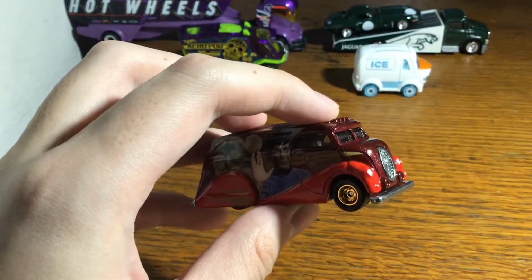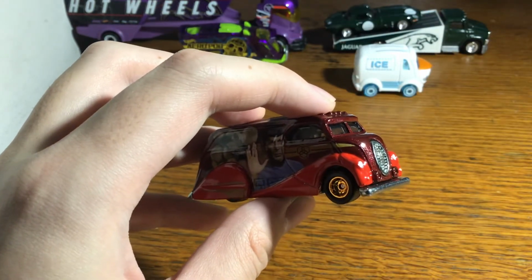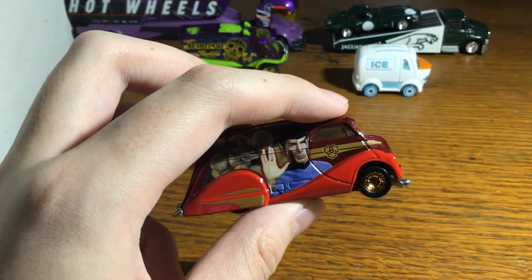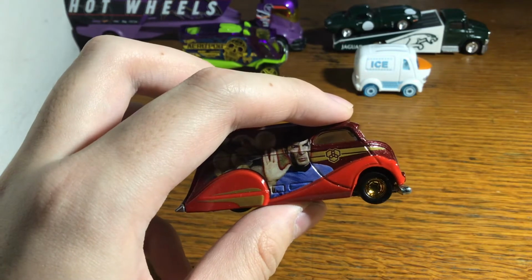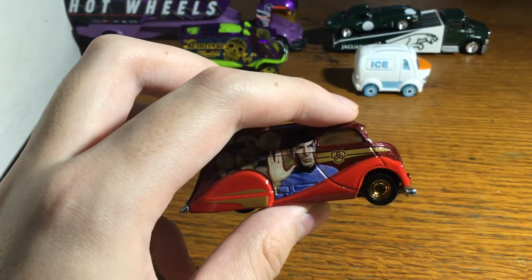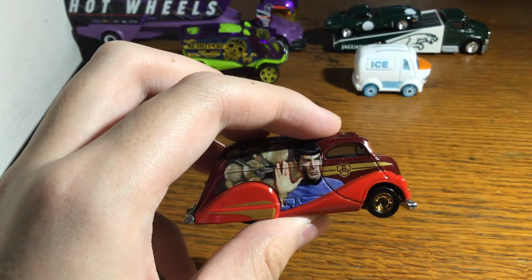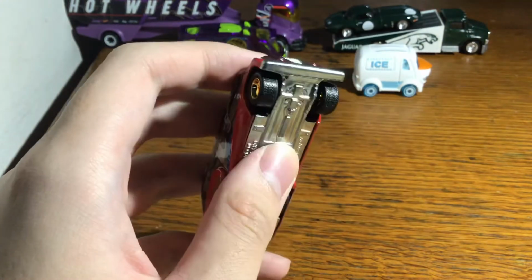People know it as the live long and prosper, but it's not the one you open with. It's what is it? Long peace and long life, and then you reply live long and prosper. But for some reason people only remember live long and prosper. But anyway, for these premium models,